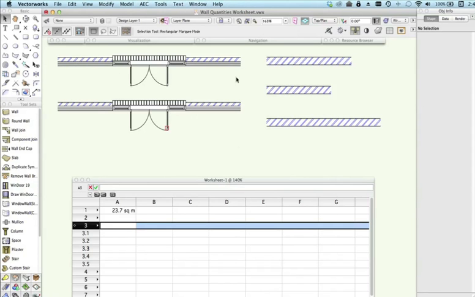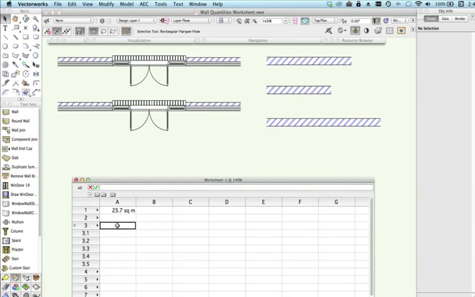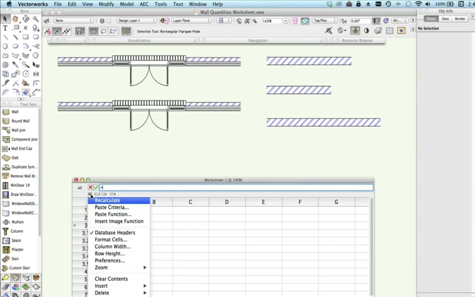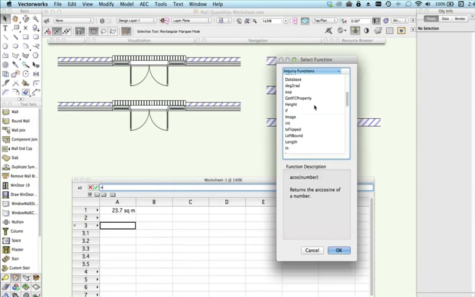Now, given that we've used wall styles for this, what we can do is initially get these database rows here to tell us which wall style is being listed in each of these rows. So we do that by clicking in this column in the database header row, typing equals sign, going to paste function,